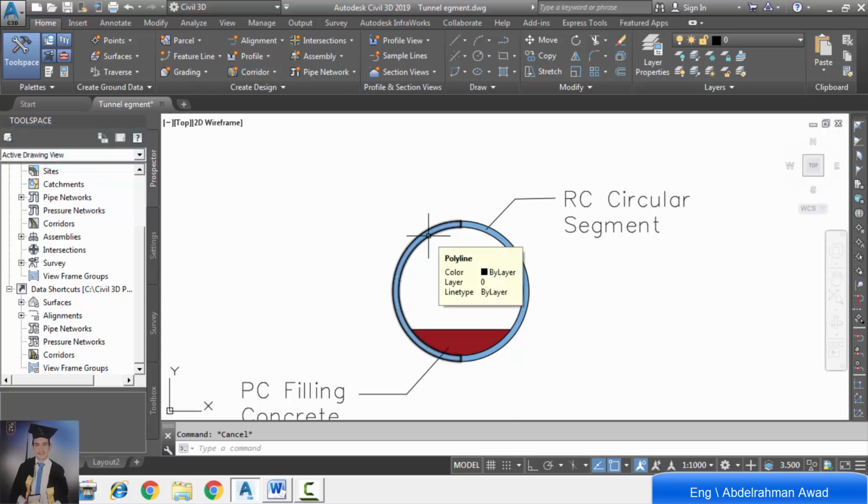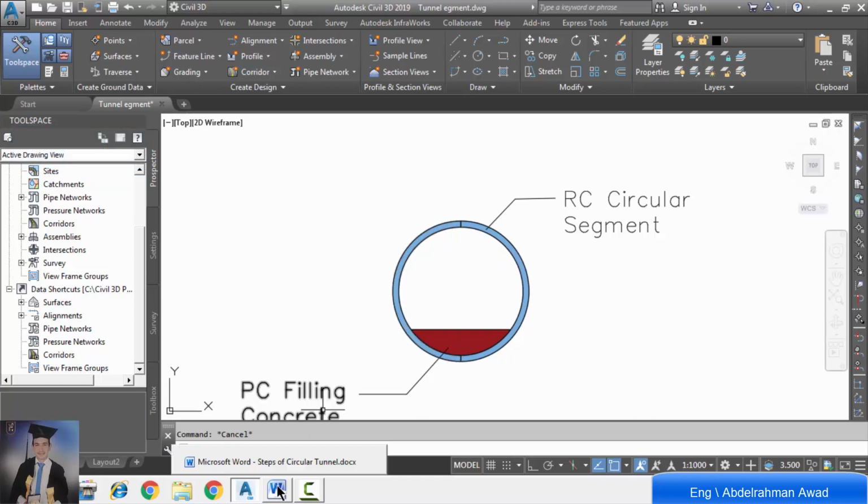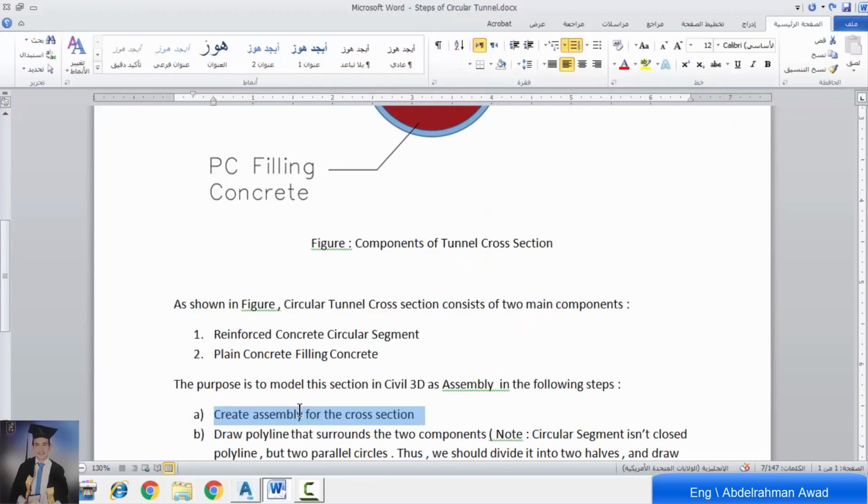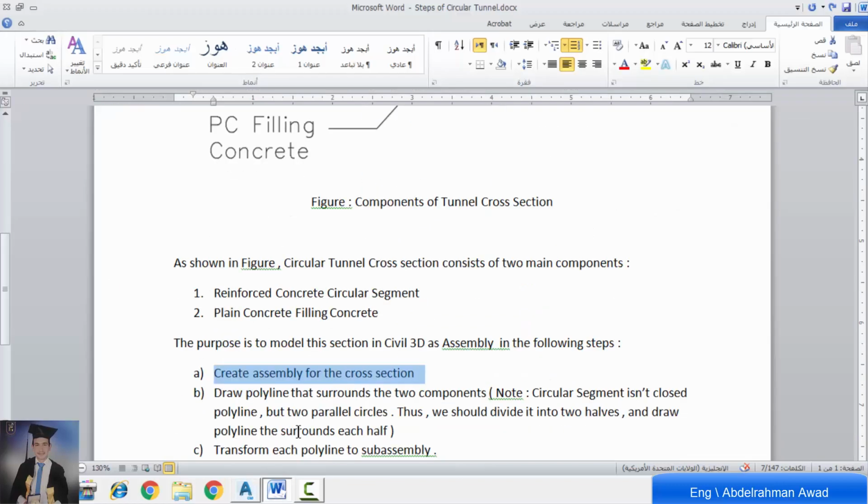So we draw the polyline for the tunnel segment. Now the next step, or the third step, is to transform each polyline to sub-assembly. The polylines that we created, we will transform to sub-assemblies to be defined in the Civil 3D program.